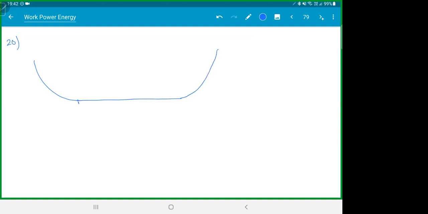We have a bowl like this. This is rough. Nu is 0.1. And this whole length is 10 meters. A standard question. So on this side, it is smooth. This side is also smooth. Mass M, released from rest, and this height here is